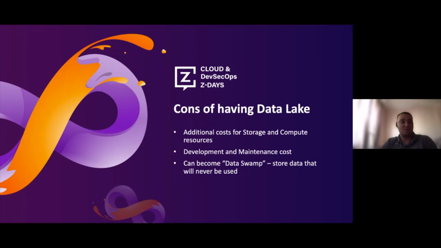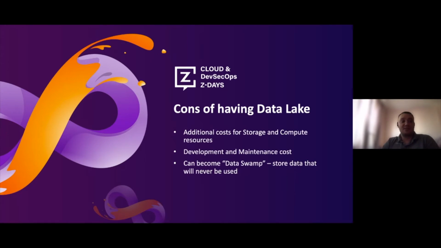For example, you have a database and you want to ingest it to data lake, then you have to increase resources on the database instance, because you would have some replication going into data lake, and it is also additional resources. It also comes with development and maintenance cost, because if you work with a large amount of unstructured data,